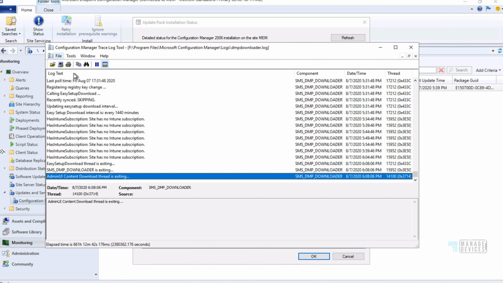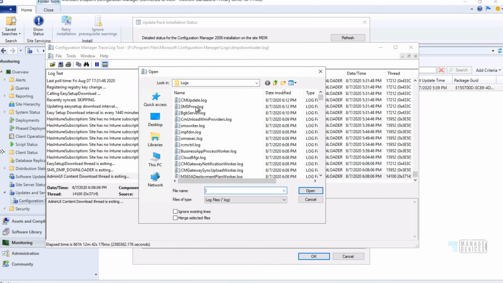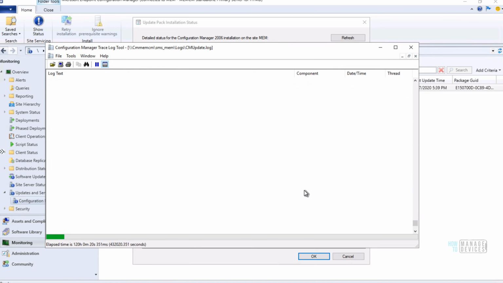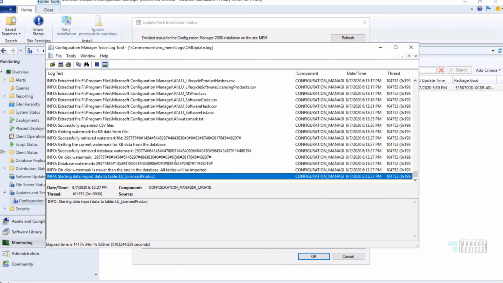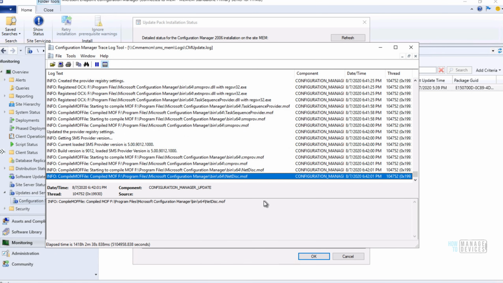The log file which we need to look into at this particular stage is CMUpdate.log. That is the log you need to look into to get more details about the upgrade status.